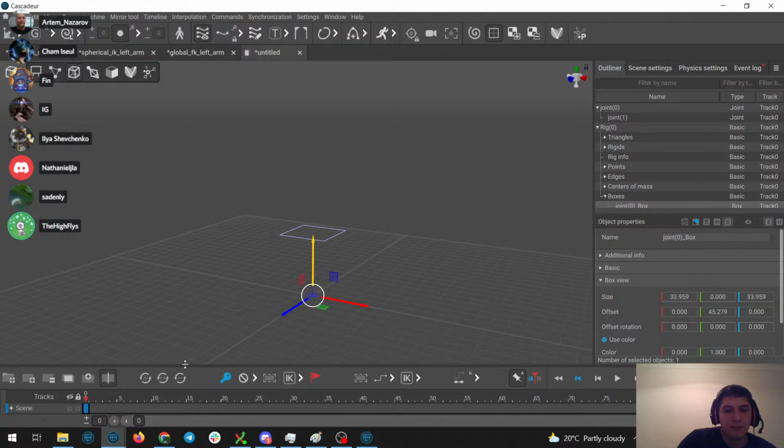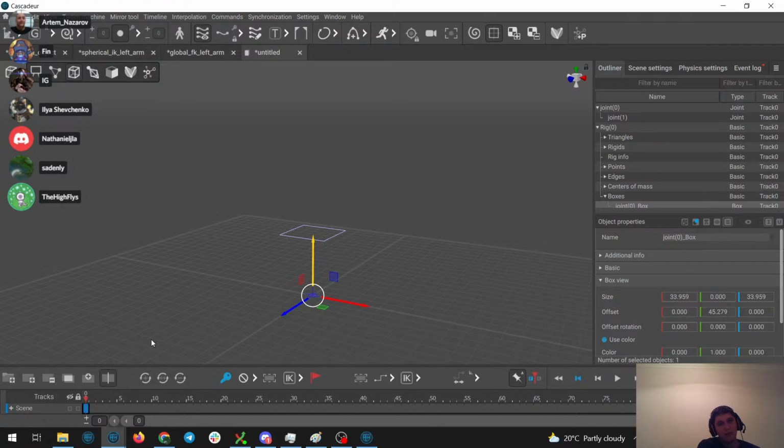This isn't necessarily related to that, and it's going to sound very random and niche, but I think this would be really nice for Cascadeur to have. It may even be possible right now, and I just don't know how to set it up. Say you wanted a tentacle creature, like a squid, for example, or a Medusa type of creature with snakes.